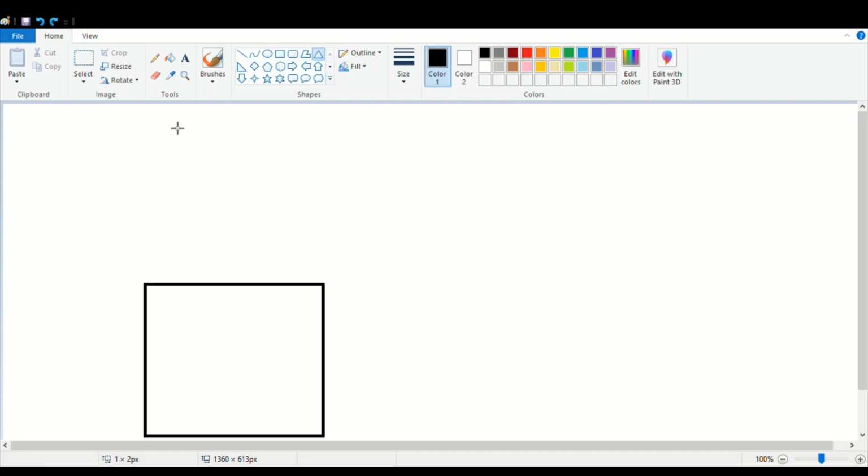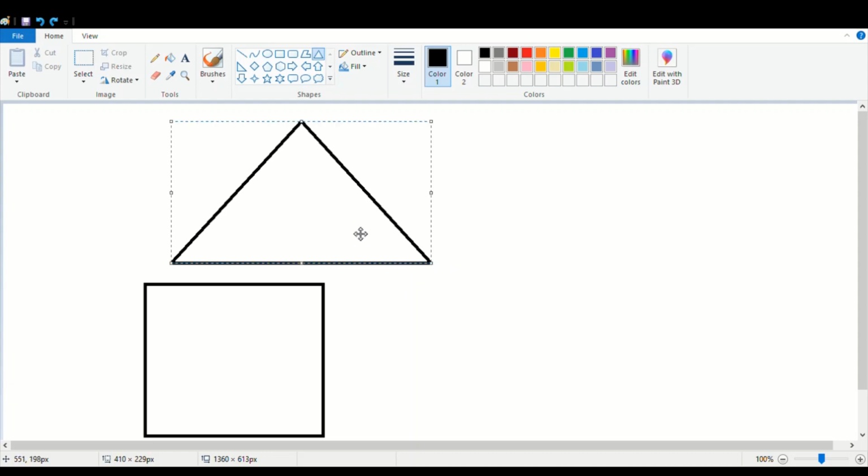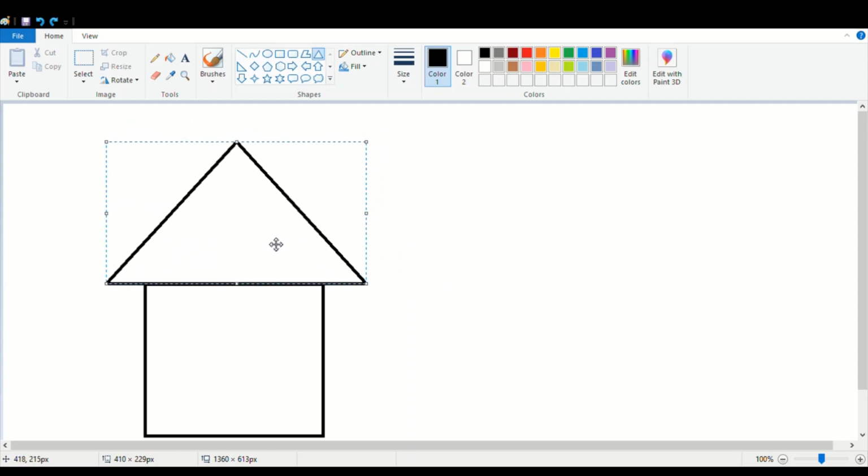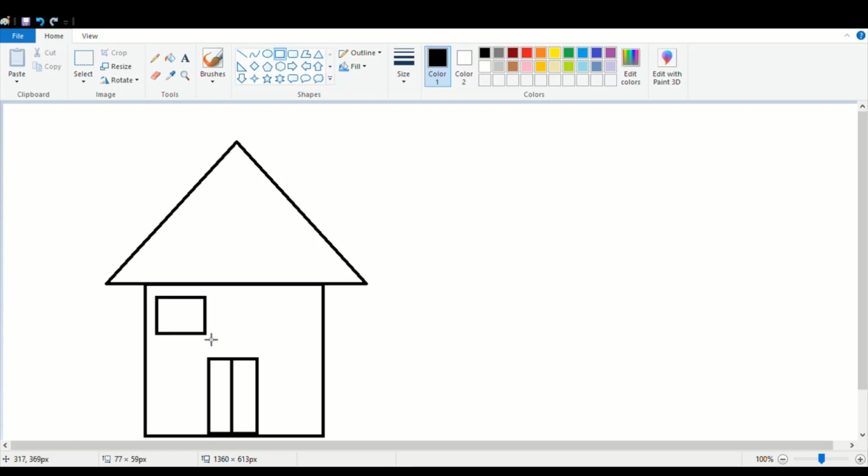Triangle tool also. So using the triangle tool I will create a hut. Right, again I will go to the rectangle tool, create the door of this hut. Right, using the line tool I will divide it like this. I will use the circle tool, oval tool to create that. Windows out here. Right.